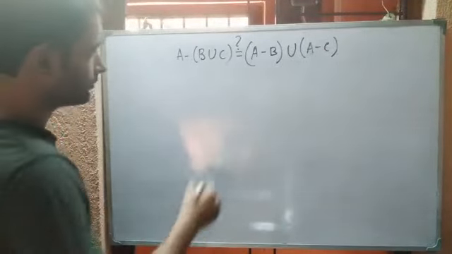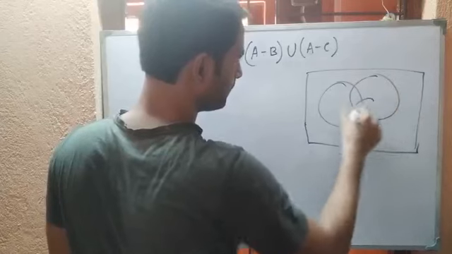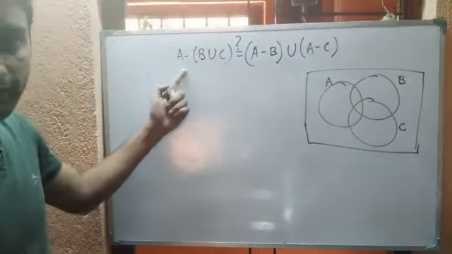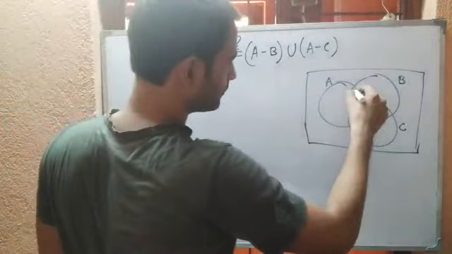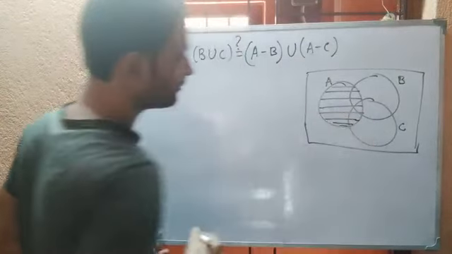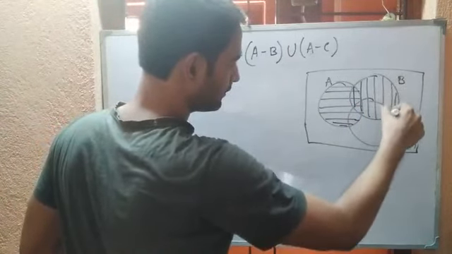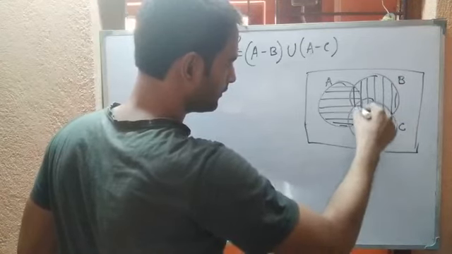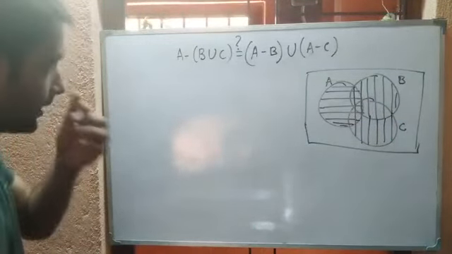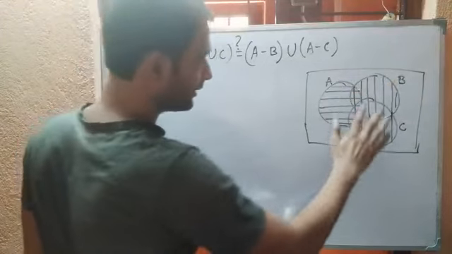So let us verify. First of all, we will draw the Venn diagram for the left side, that is A difference B union C. So see, this part is A, and this is B union C. The vertical one is B union C, the horizontal one is A. So we have to find A difference B union C. That means we have to subtract the part of B union C which is inside A. So if we remove that,